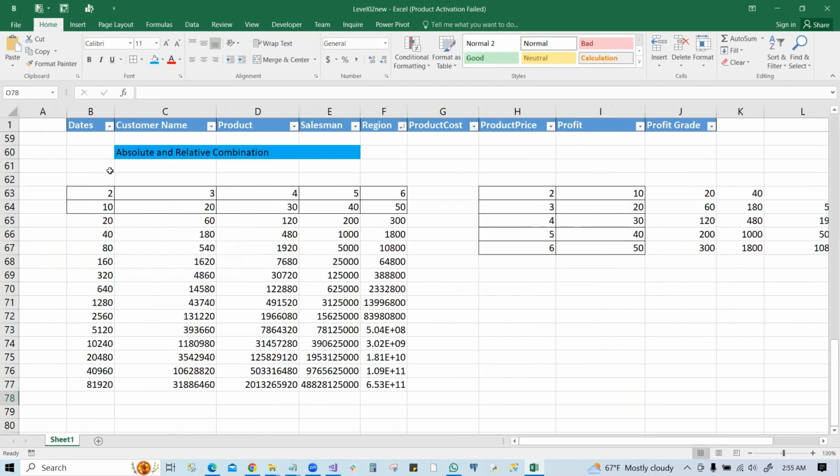You can also combine the absolute and relative data together. Okay, so I think